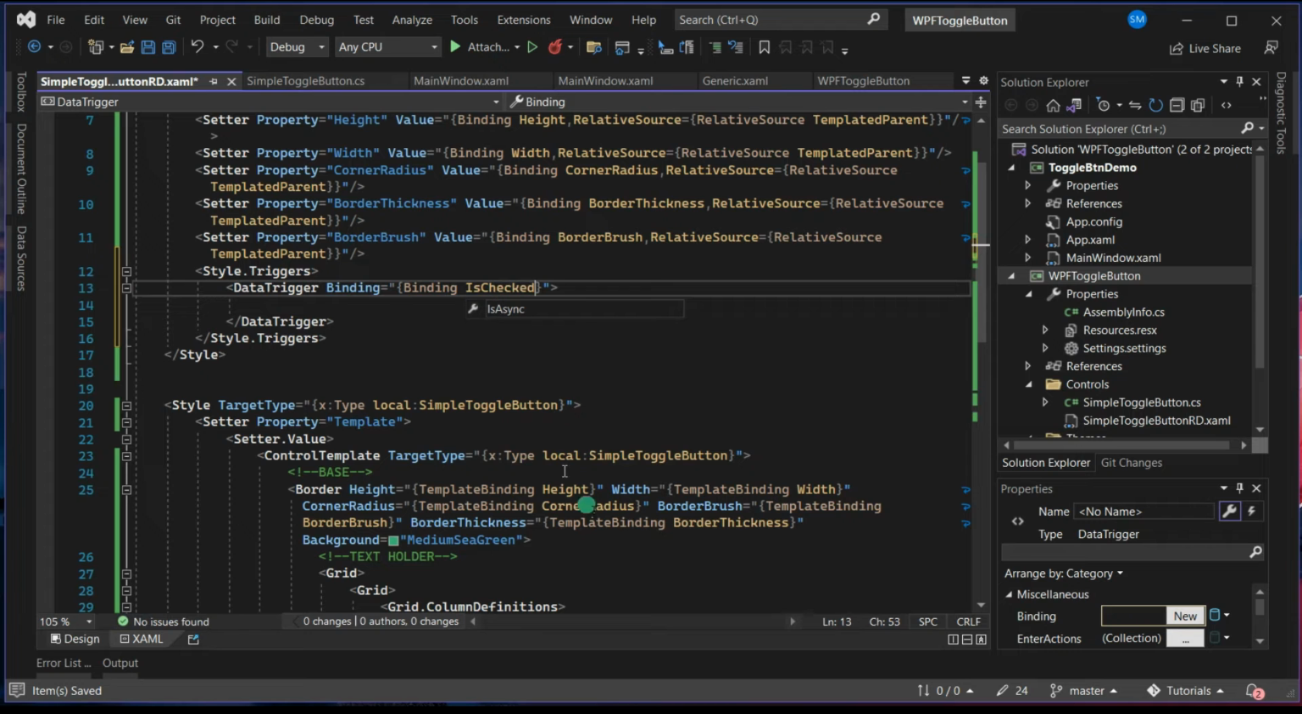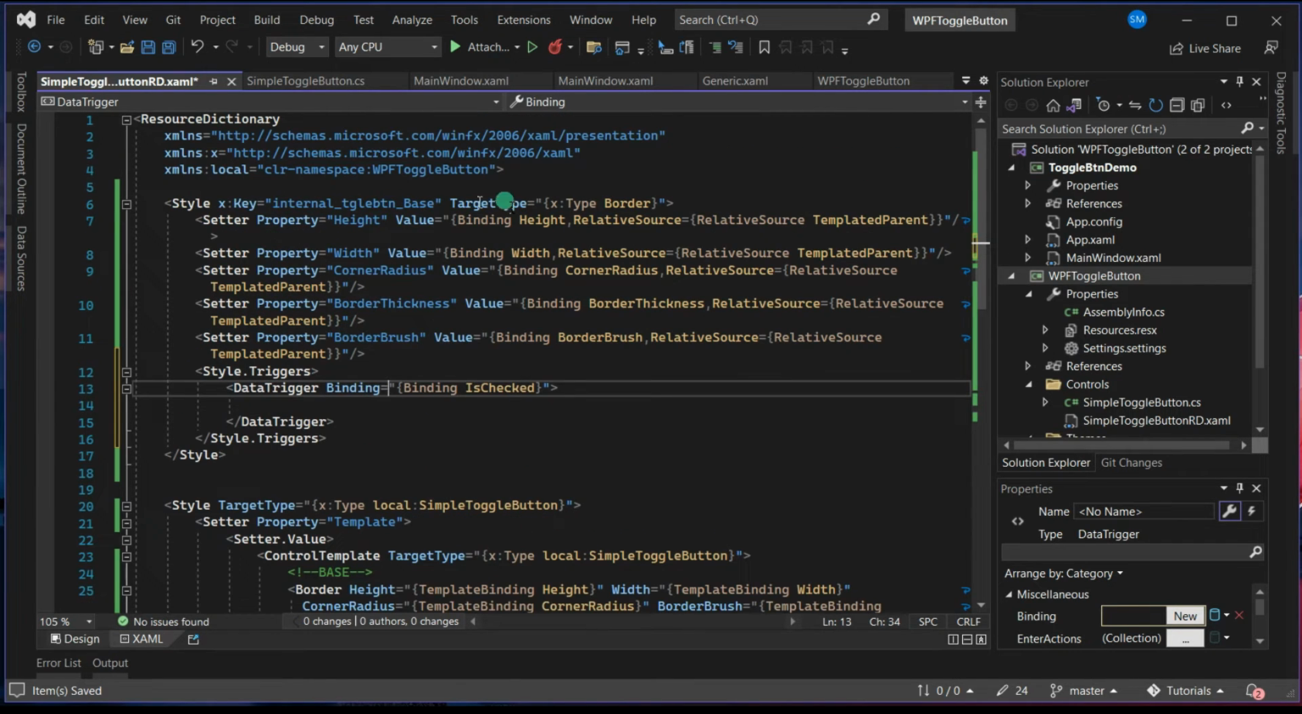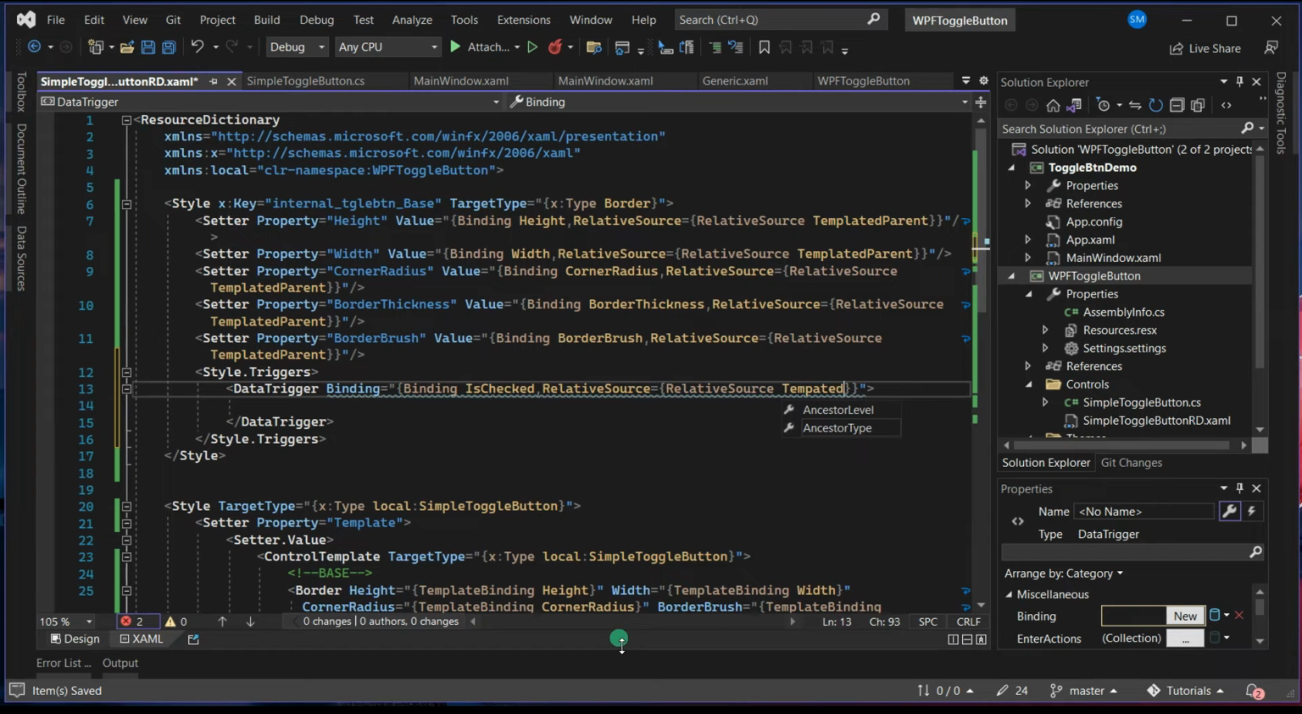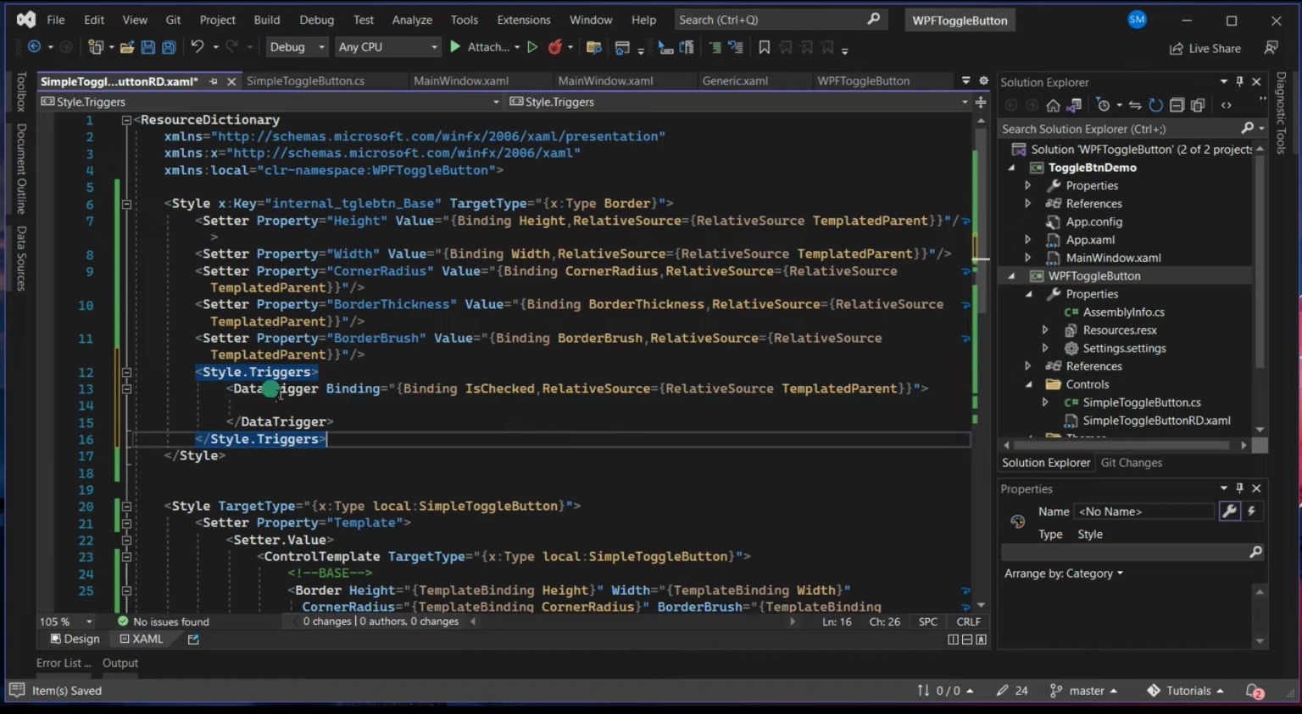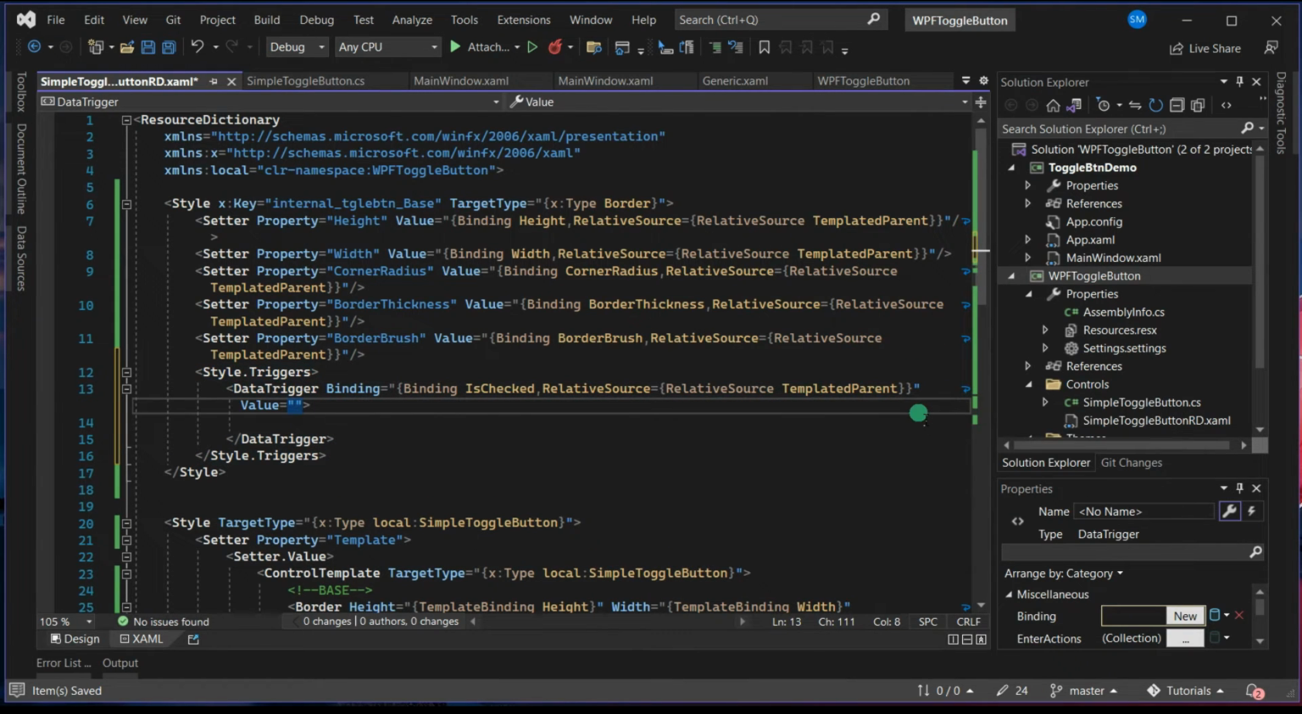We know that there is a property in my templated parent, but the border doesn't know which is going to be its templated parent because we are only in the target border. That's totally fine. So relative source is equal to relative source templated parent. In case the parent does not have an is checked property, this data trigger itself will be ignored. So you don't have to worry about any exceptions being thrown. And now there is one more thing. This is a Boolean property, and when you are giving something here, it should be a Boolean value as well. You cannot give